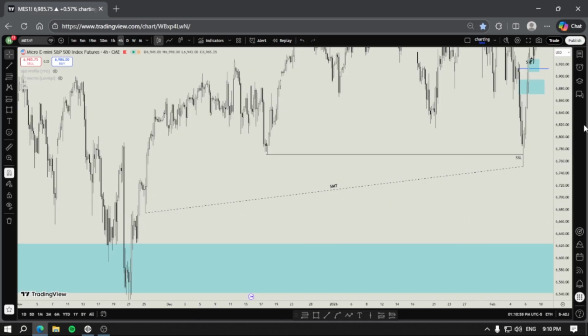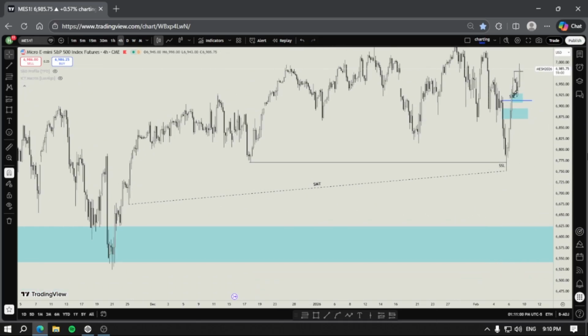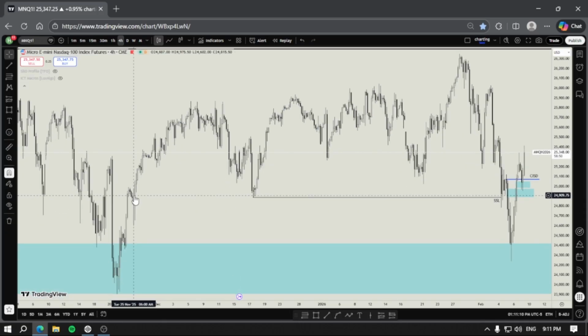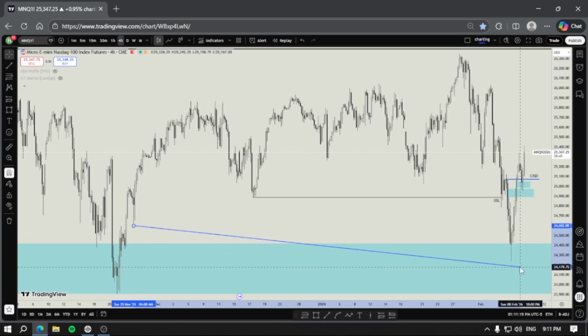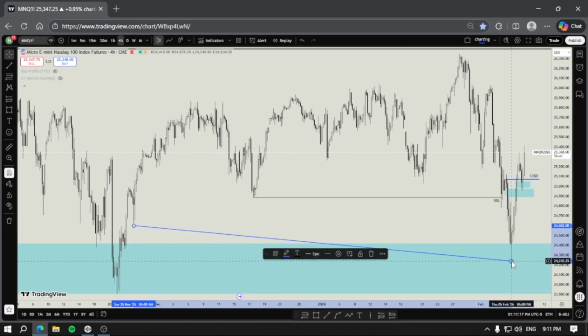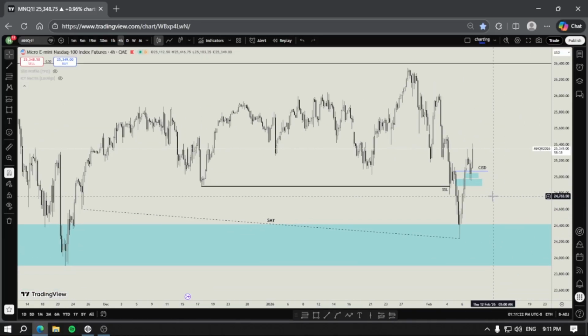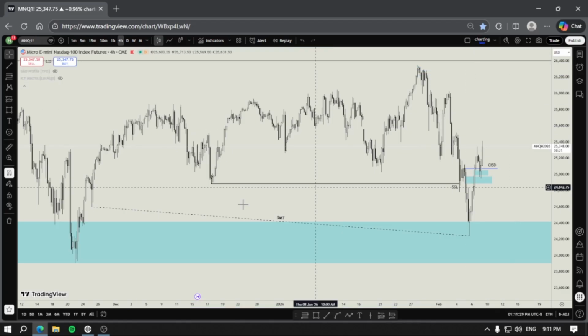And also let's look at ES. On ES, you're seeing an SMT. It is because NQ ticked the low, I guess. Yeah, 6 a.m., 25 November, Tuesday. NQ ticked the low, but ES did not. So this is an SMT, and this SMT is valid because this is on the way of my draw on liquidity. This is a bullish SMT, and my draw on liquidity is bullish.